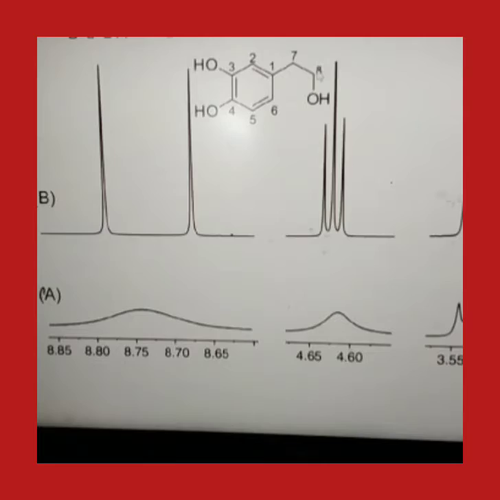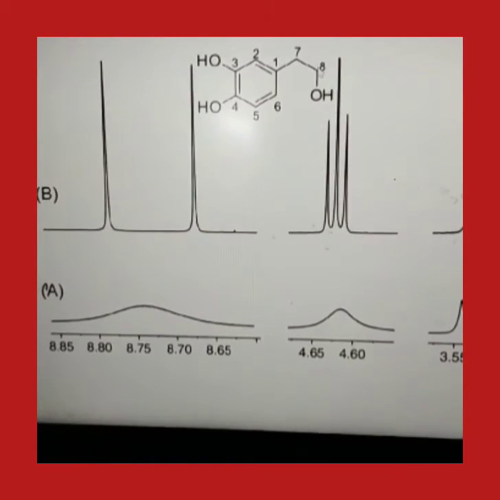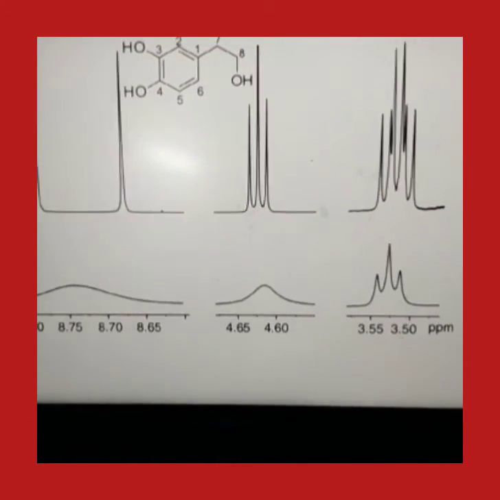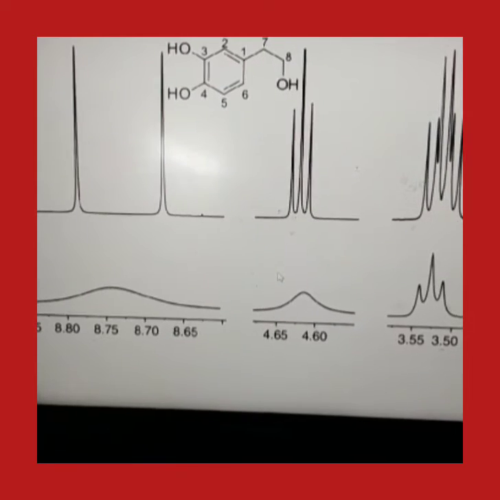If you see this one, two neighboring hydrogens are present, so for this proton a triplet will appear. For this, a triplet will appear, so in this there is one triplet and another triplet. These two hydrogens contain one hydrogen, so one hydrogen as a singlet will appear in the NMR